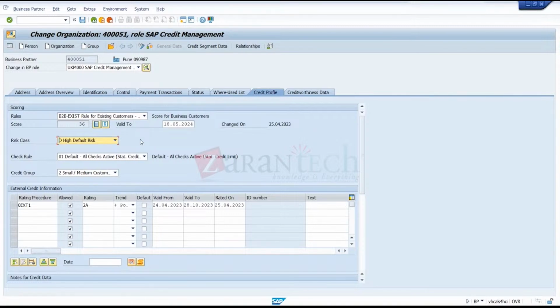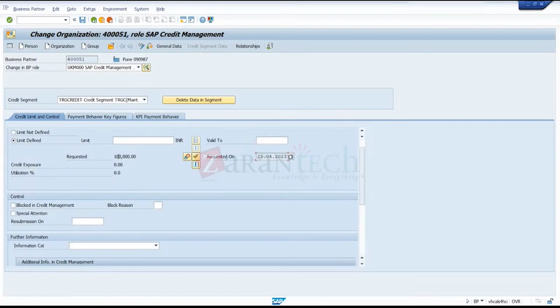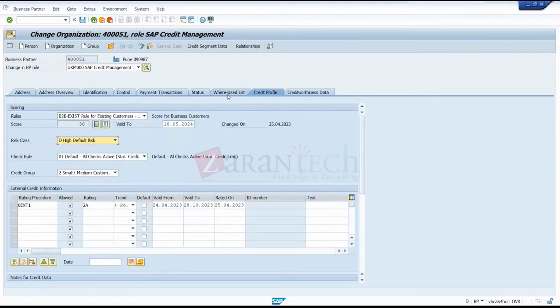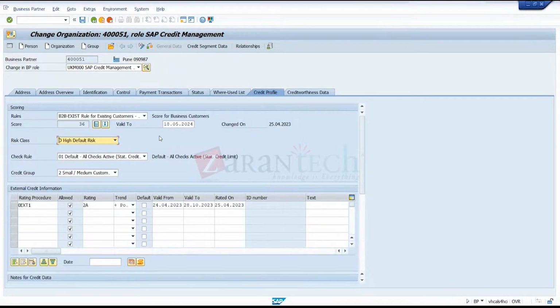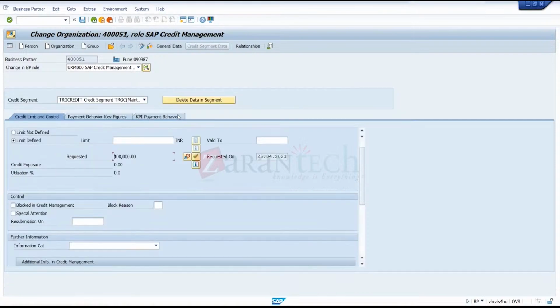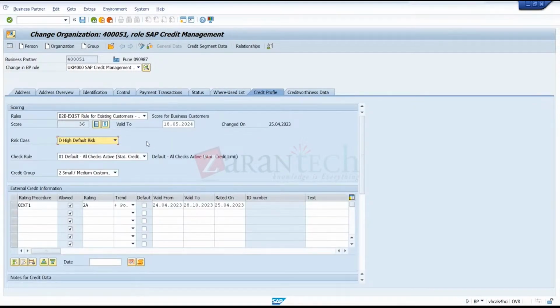It's linked to the credit group, and it will come to the external agency also. But the blocking will be done based on this limit only. So there's no relation between this risk class and the credit limit check. That's done only through this option, only through the amount. The credit limit is not based on the credit profile. So it's not affecting that. The credit limit is based on the segment data, what value and request amount you are giving. This setting is mainly for external agencies as well as